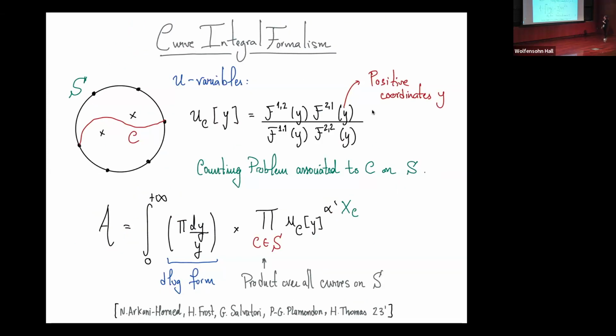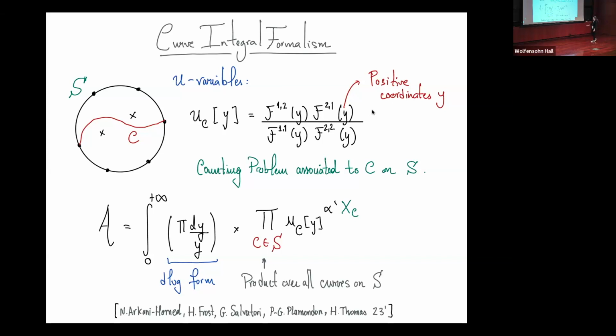And so what this curve integral gives us when we extract the low energy limit, as I'll explain, is precisely what we get by summing over all the ways of triangulating the surface. So Nima already talked about this in the previous meeting, so I'll be quite brief describing the formalism. But the star of the show is this so-called u variable. To each curve on the surface, we associate a u variable, which is a function of these positive coordinates y's, a ratio of polynomials in the y's. And this particular parameterization can be very nicely read off from a counting problem associated to the curve on the surface. But the output of this formalism is that we can write the amplitude in this integral form,